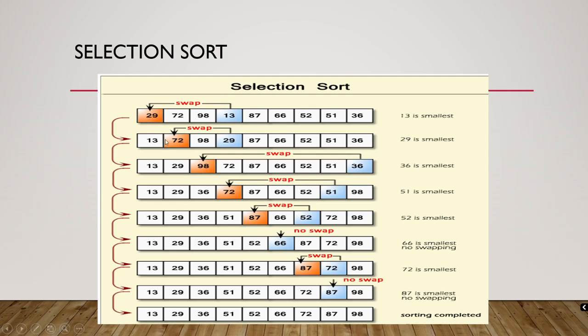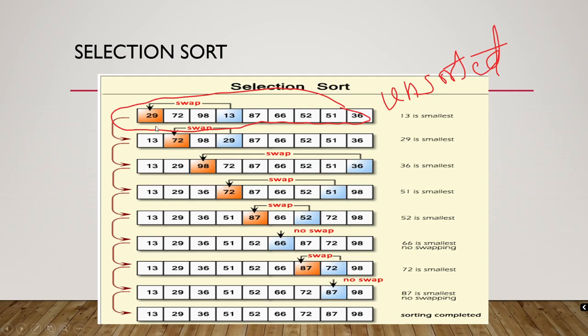First, this entire list is an unsorted array. I hope you know the meaning of unsorted array: it is not in sorted order. The entire list is now an unsorted array. Now I have to swap and make those changes, and build the sorted array on the left hand side.